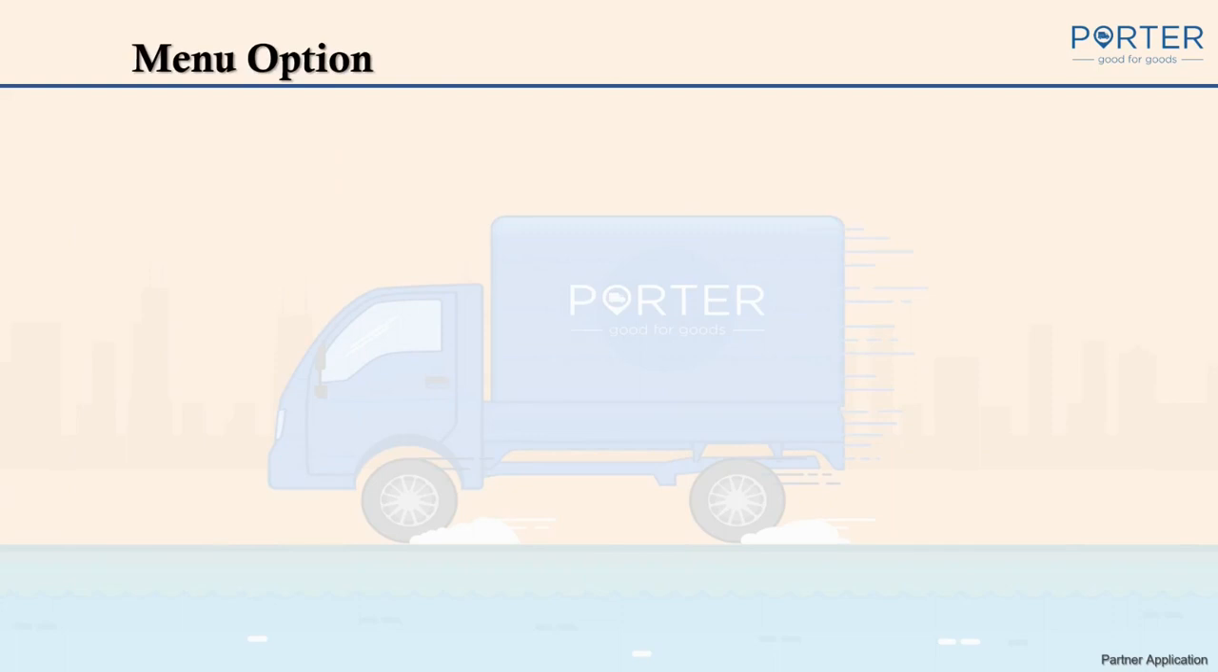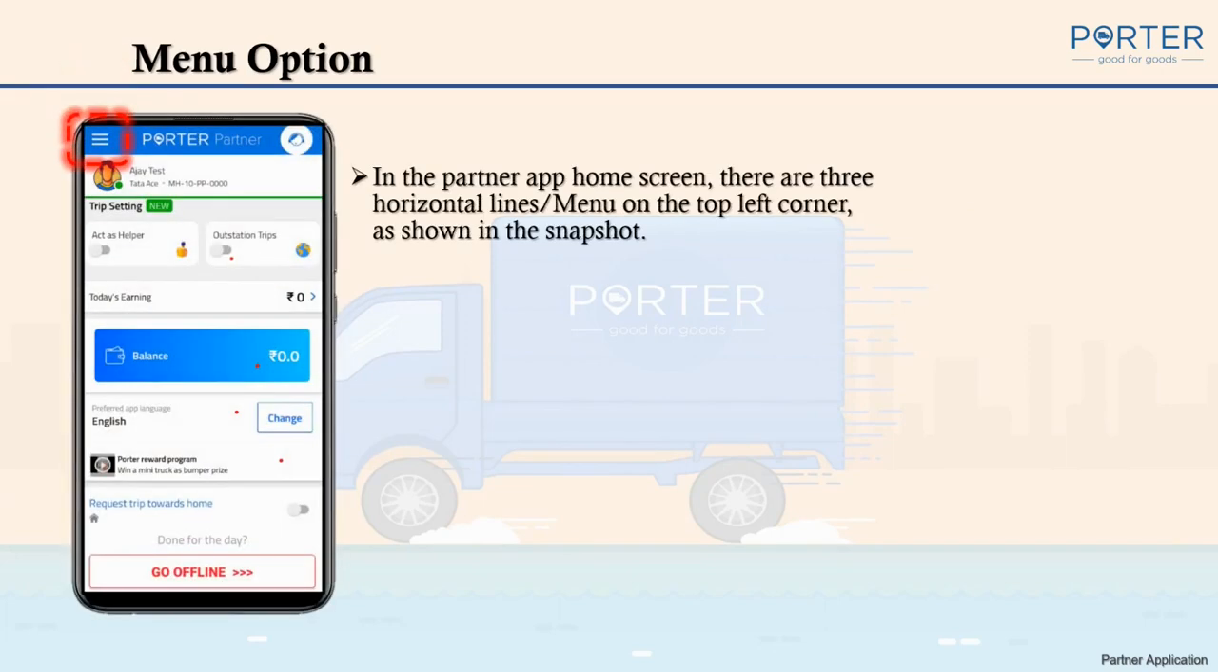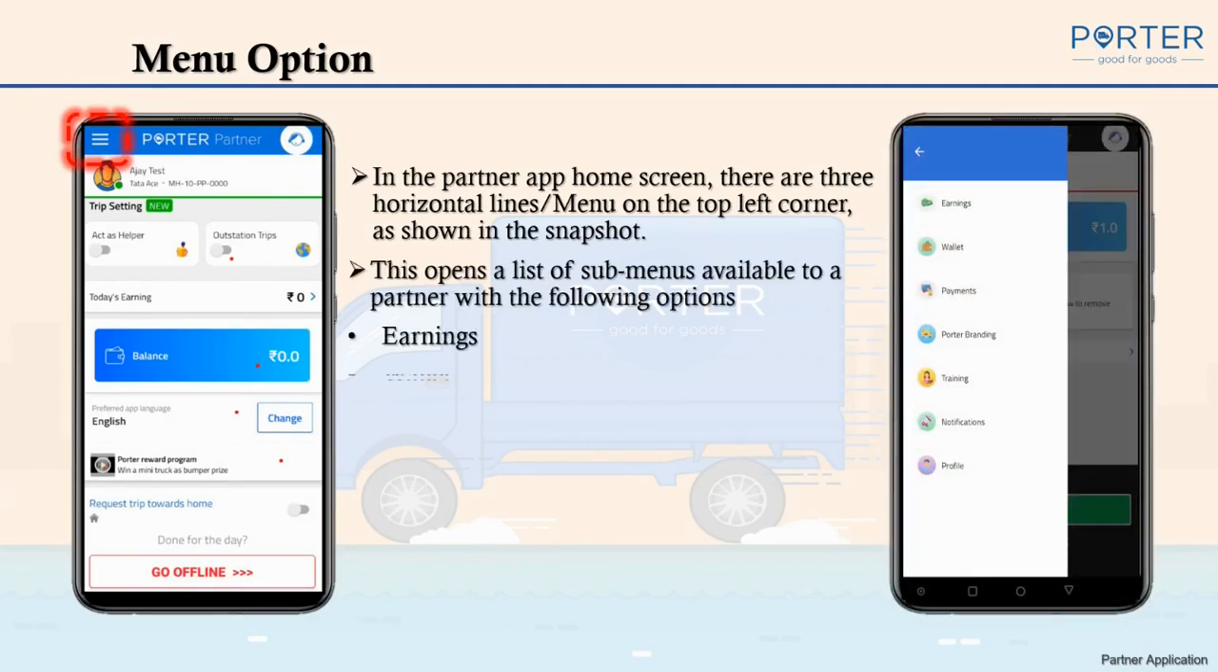In this slide, we are going to talk about the menu option that the partner has in his application itself. So to access the menu option, the partner needs to click on the horizontal three lines on the top left corner of his screen. Once the partner clicks on the menu option, he can now access different sections within the application, which includes